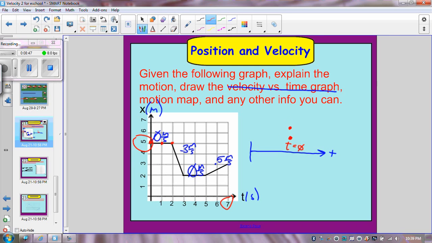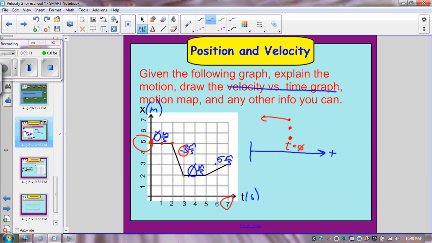And then time equals 2 seconds, I'm going to put right here. Okay, when I draw my arrow, I need to make sure it's pointing the right way. Remember, this velocity was negative, and since I said positive was to the right, that means negative must be to the left. So I'm going to draw my arrow, not very straight, I do apologize,